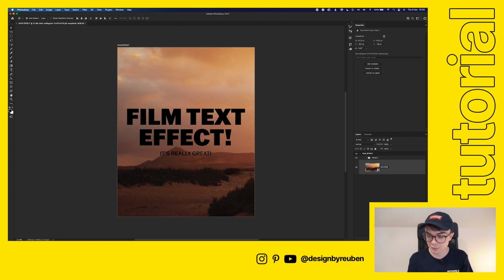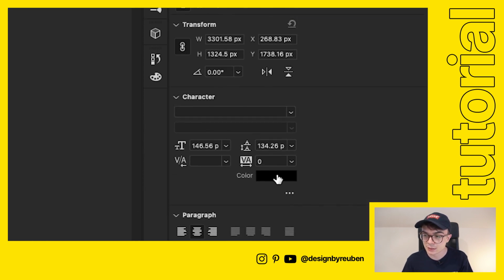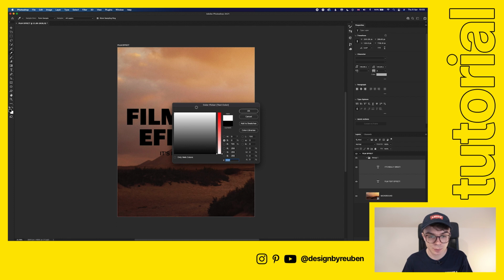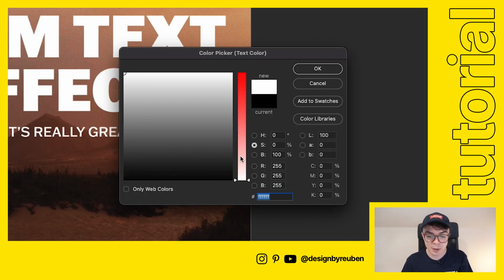And I'll just name this too so we can see what we're doing. Okay, the next step is to choose our font color. So we're going to go into this group we made, and I'm just going to choose a color. We'll go with white first, and now we're going to start to pull this back. Now you can choose to have different tints or different kinds of shades. I'm going to go for a white, but a kind of off-white that has some kind of pink to it